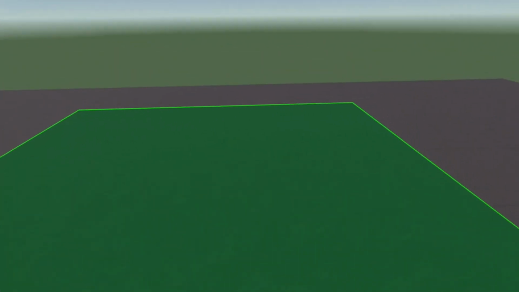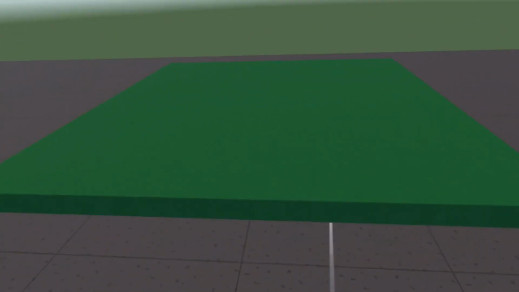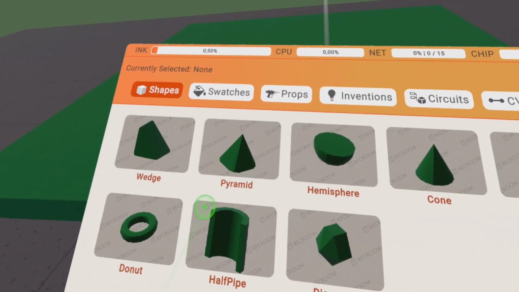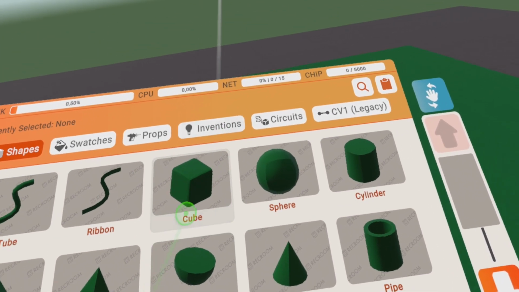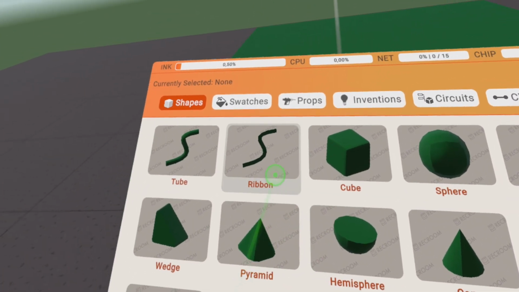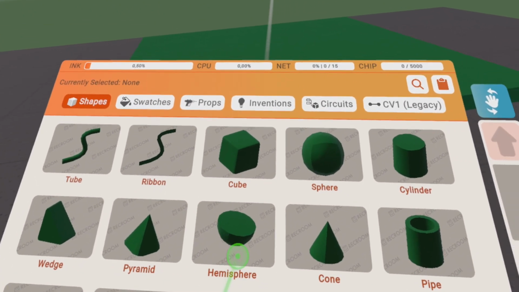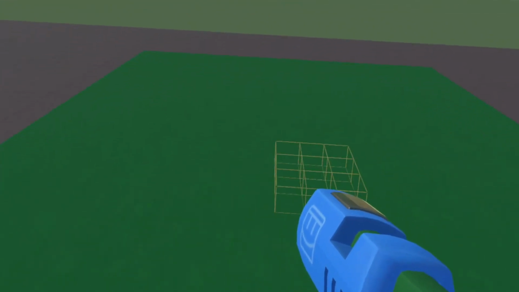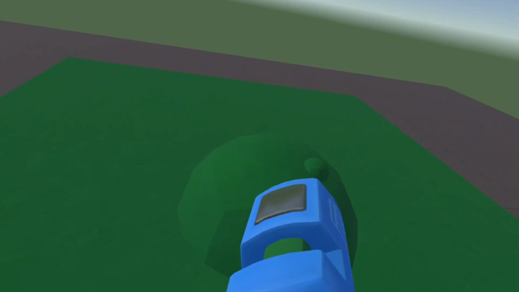For example, what I want to do now is create some hills around this area, maybe a little bit of a higher plane that you can do. One thing to notice if you build hills in Rec Room, especially if you want to build hills that you want to go up to, you could of course just place a sphere here, then you have a hill. But if you want to climb this hill,